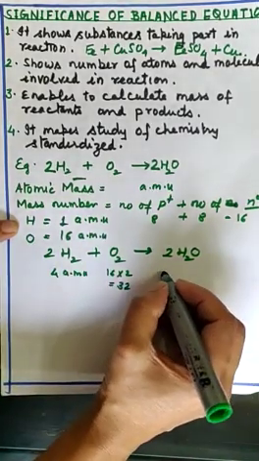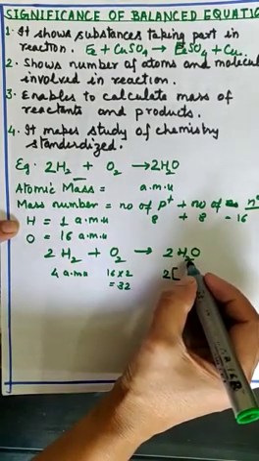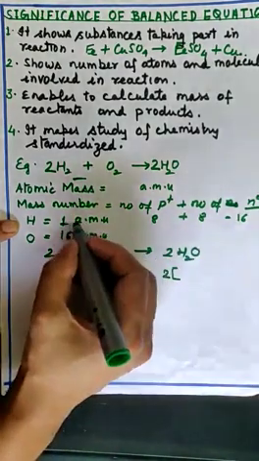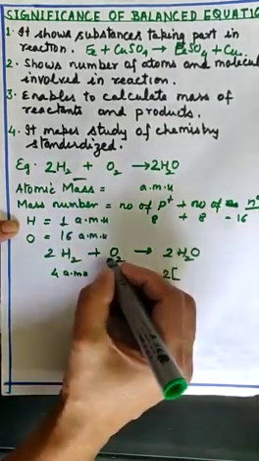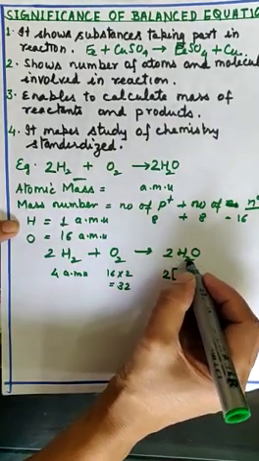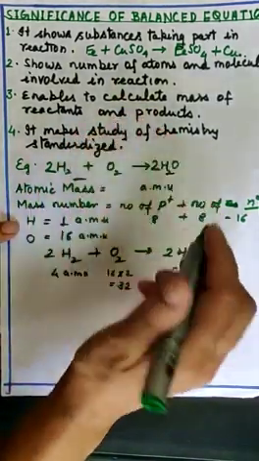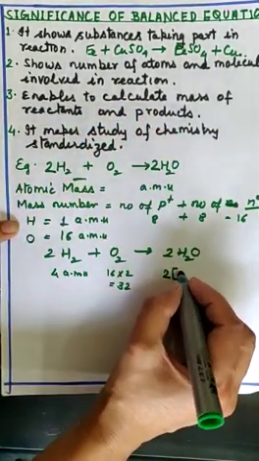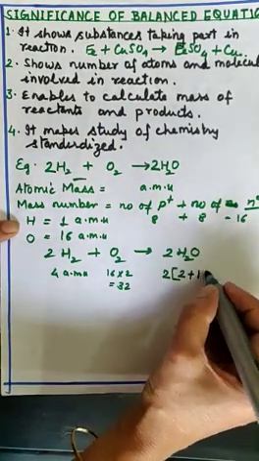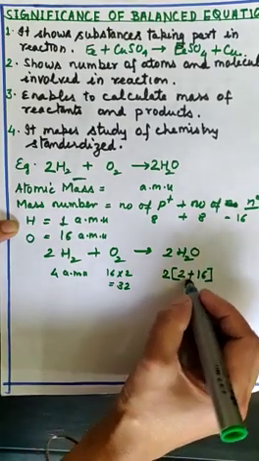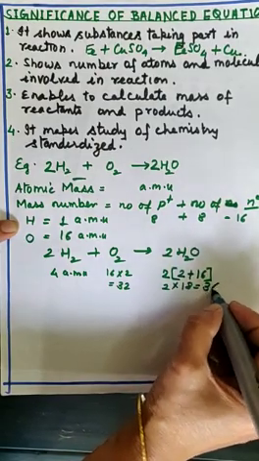And what about water? It has 2 molecules and each molecule consists of 2 atoms of hydrogen. So if one atom of hydrogen has mass 1 AMU, rather than AMU we can say 1 unit as well, then the mass of one atom of hydrogen is 1 unit. If we hide this 2, then one molecule of water consists of 2 hydrogen atoms, so 2 unit mass of hydrogen, and 1 oxygen atom, so 16 unit mass of oxygen. Together it is 18, that is 2 into 18 equals 36.